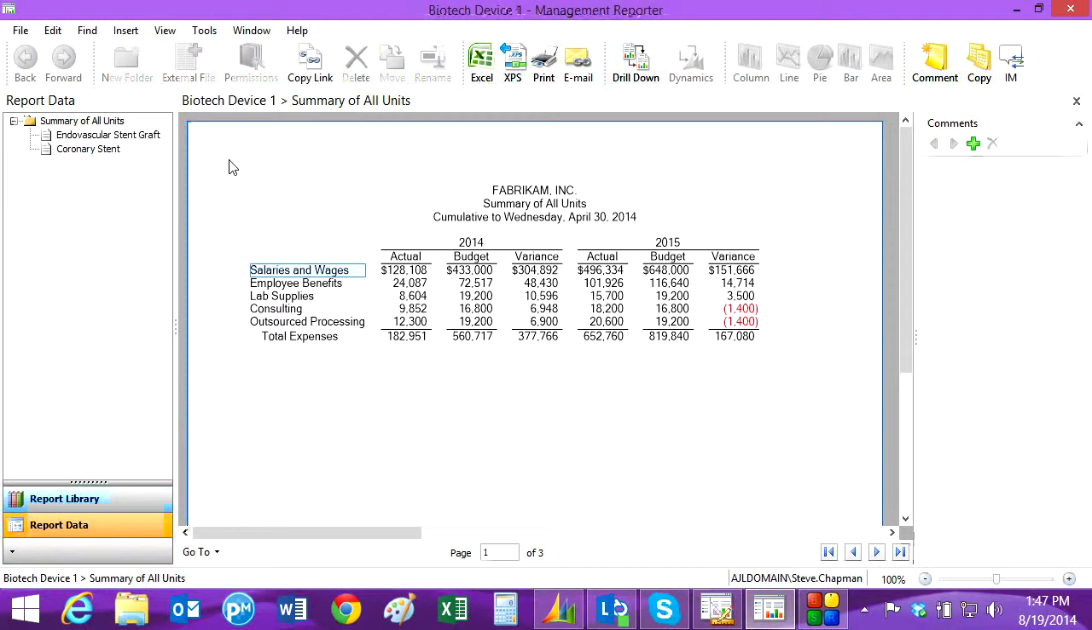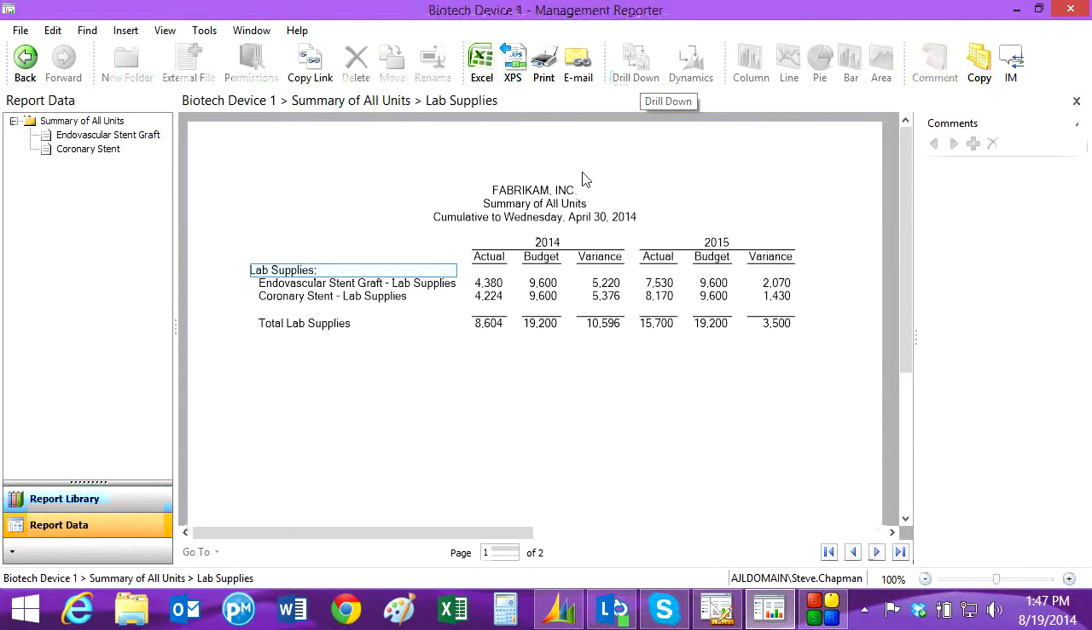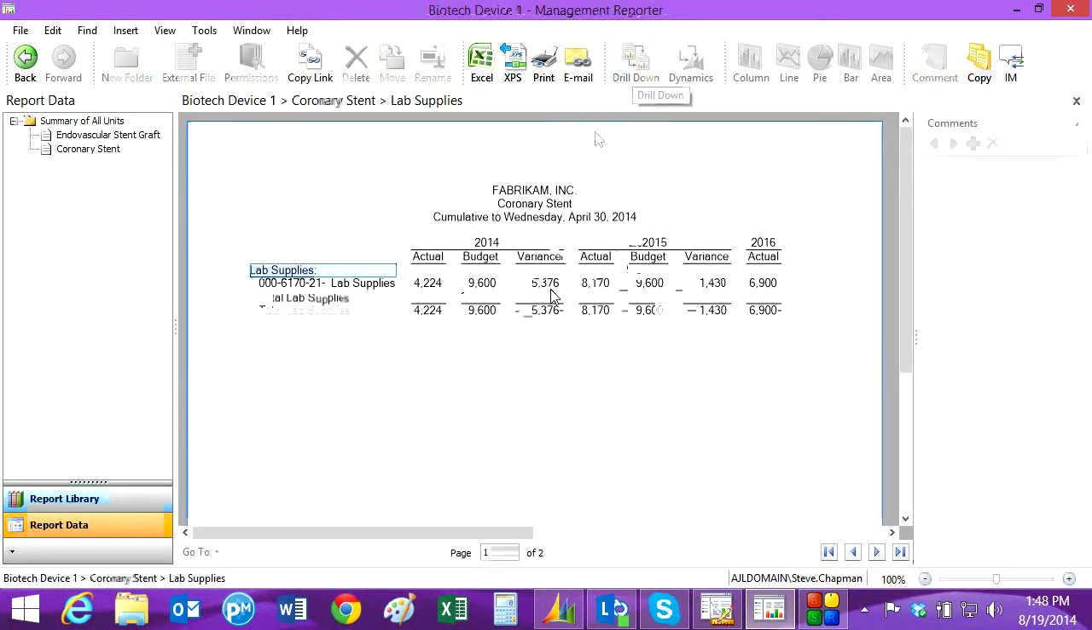So this gives me a little more functionality. Here I can drill down and see information behind these numbers. So for example, in lab supplies, I can click on that. I can drill down and see the individual projects from which these numbers came. I can pick one project and drill down further and see the individual accounts that roll up. And if I want to, I can select a